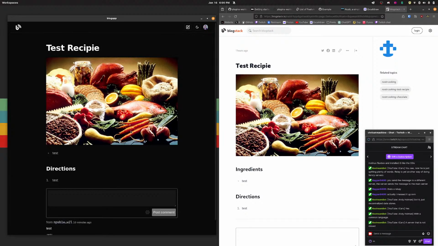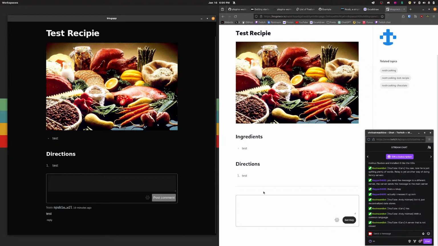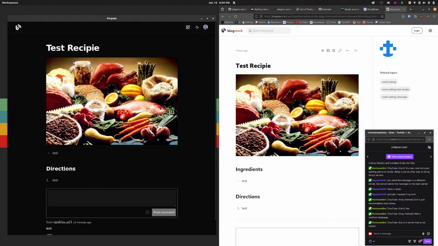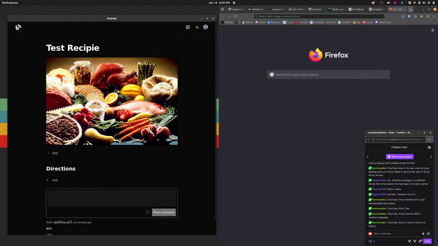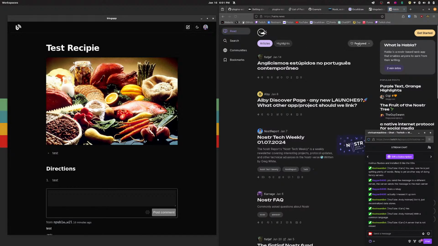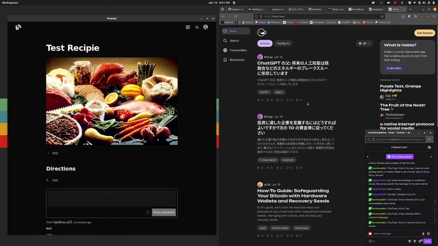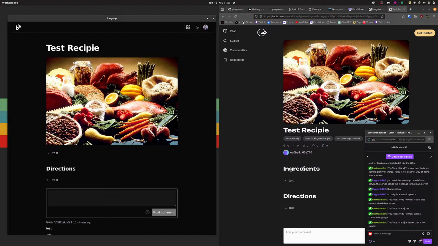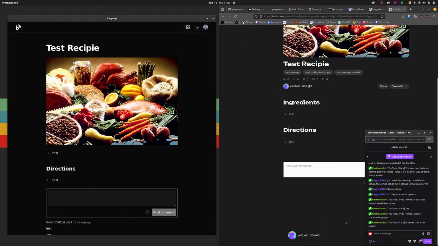How's that possible? The comment box here doesn't seem to be working perfectly, but you can see we have the same exact data in the desktop app as we do on the website. Also, if we go to abla.news, and go out of featured and just go to all, here's the test recipe. So now I have a way, and I'm not doing a great job with my diagramming there, so that I can